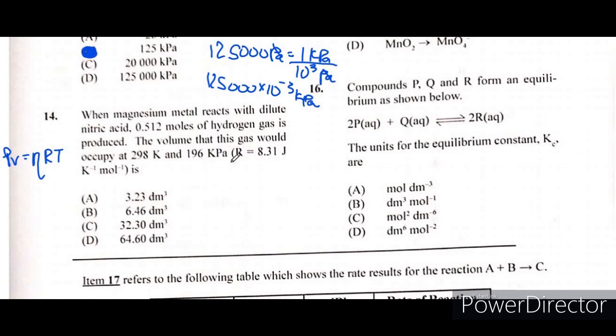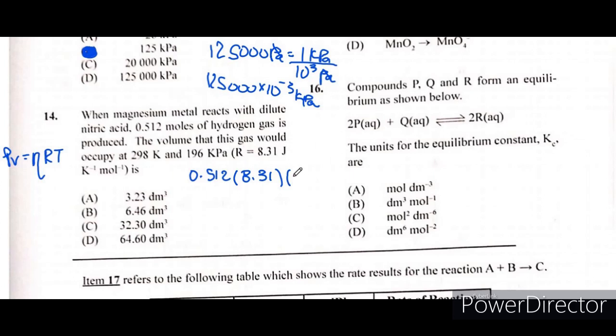If we were using atmosphere for the pressure, you'd get your answer in dm cubed. So we're trying to find the volume, so we'll divide by the pressure. We have 0.512 moles and 8.31 joules per Kelvin per mole, and we're multiplying that by the temperature, in absolute temperature really,